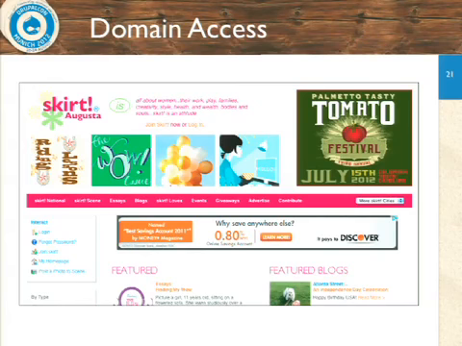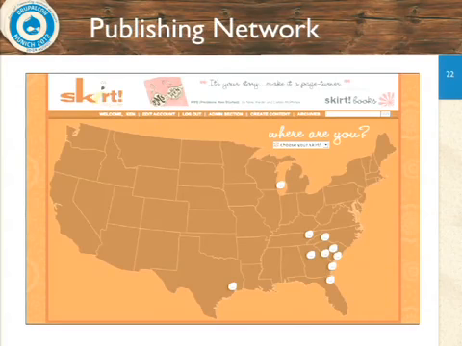It started in a place called Charleston, South Carolina, and they wanted to be able to launch a national brand and have local affiliates. When we started the project, this was the map of where they were, right? So they had a cluster of things here in the southeast, and they were starting to branch out and sell franchises. And what they wanted to be able to do was have a national brand, Skirt.com. Skirt.com was going to publish the best stories from around the country, and it was also going to feed stories to the local affiliates, right?